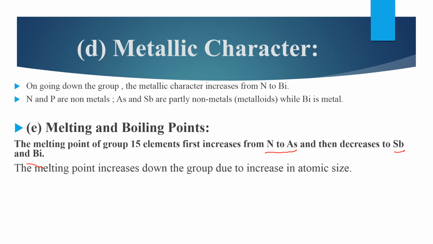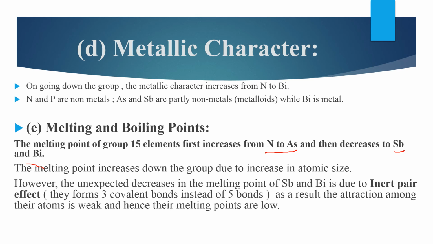ऐसा क्यों? जो बढ़ना चाहिए था वो कम हो रहा है. ये अनएक्सपेक्टेड डिक्रीज इसलिए यहाँ पे शो हो रहा है, क्योंकि यहाँ पे जो इफेक्ट लग रहा है, दैट इफेक्ट इज इनर्ट पेयर इफेक्ट. अगेन वी हैव डिस्कस्ड अर्लियर, 15 ग्रुप एलिमेंट्स के इलेक्ट्रॉनिक कॉन्फ़िगरेशन में जो डी एंड एफ ऑर्बिटल कंप्लीटली फिल्ड हो रहे हैं, उनकी वजह से वहाँ पे कॉन्ट्रैक्शन आ जा रहा है, and due to that contraction inert pair effect developed, and due to inert pair effect this antimony